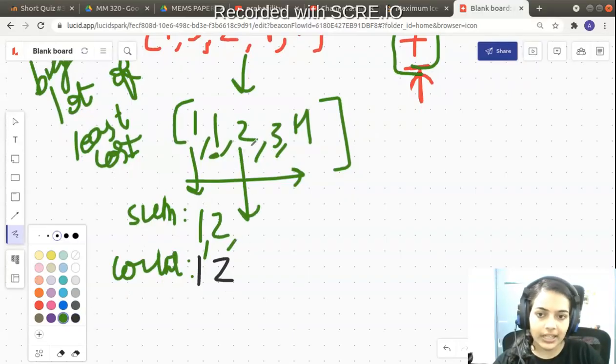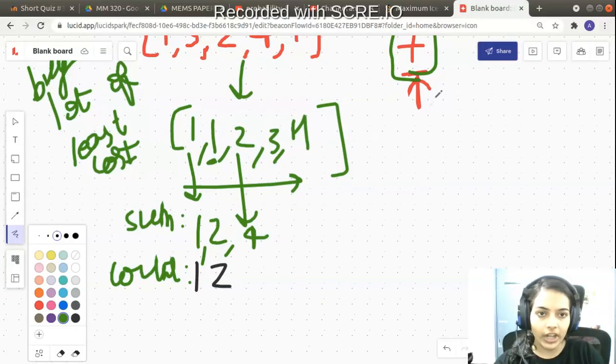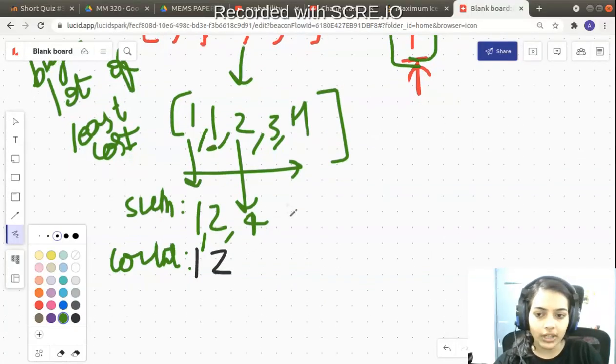The next ice cream bar is having a price of 2. So 2 plus 2 is 4. Right? Till now the sum was 2, 2 plus 2 is 4. So now sum is 4. If you want to buy all these 3 ice cream bars, you need to spend 4 rupees. But the amount that you are having is 7 rupees. So you have more amount than the sum. So you can buy this also. So we'll increment count. Let's go to the next ice cream bar.